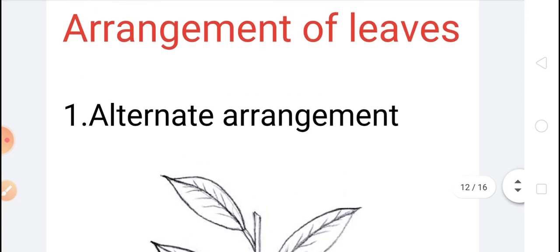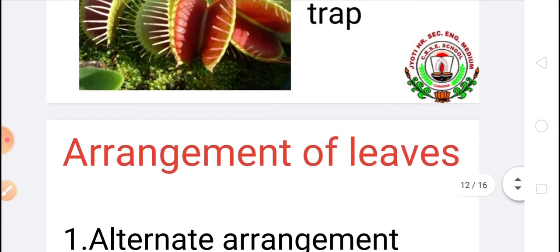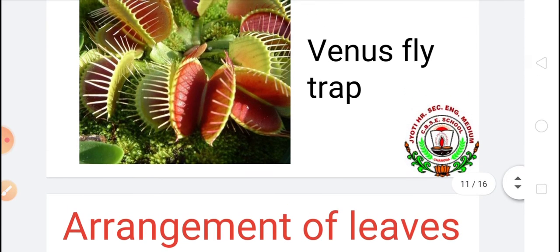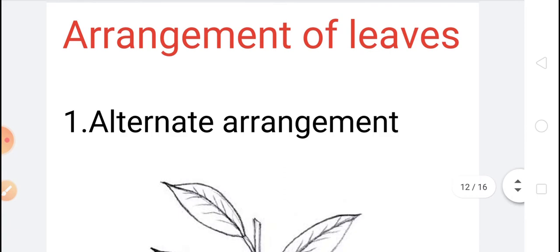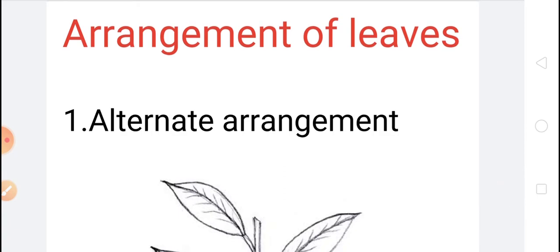Okay. Some leaves are also very poisonous in nature. This is also one of the modifications of leaves. For example, the leaves of the nettle plant. In common language, we must have heard of bichu grass. It causes itching in the body of a person who touches it. This is also one of the modifications of leaves.